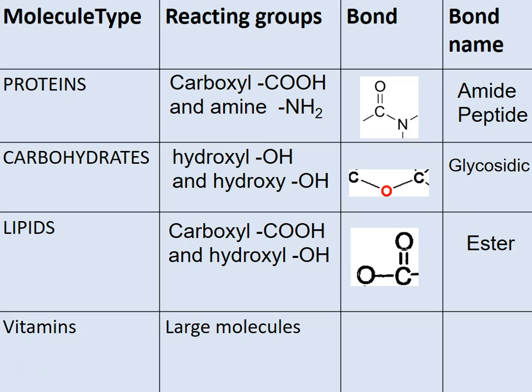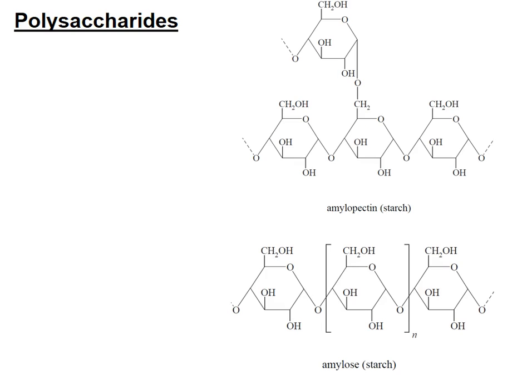Fill in the table that we've been looking at. So we've done the amide bond between peptides, losing a water molecule to form that, and now we've got the glycosidic bond between sugars. This was an OH, this was an OH, and now it's just oxygen linking. Alright, polysaccharides. So all of these 6 carbons are glucose monomers, and to form starch,